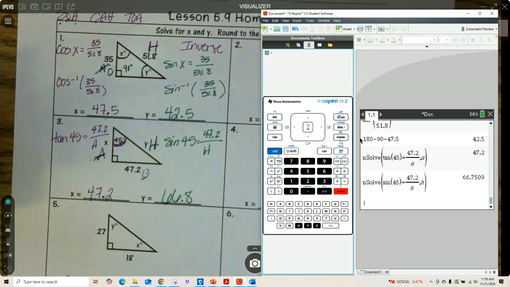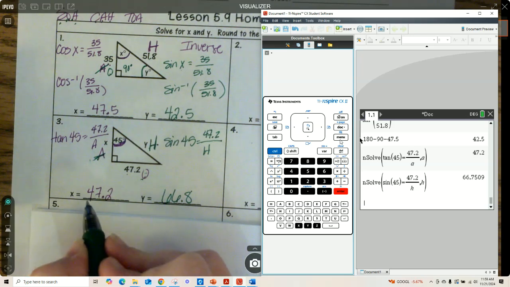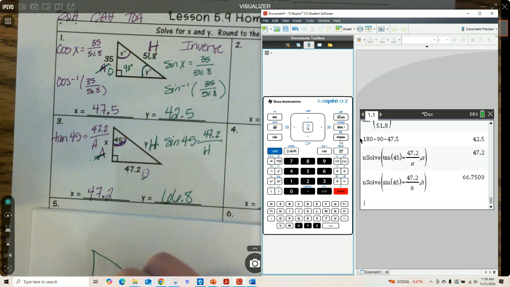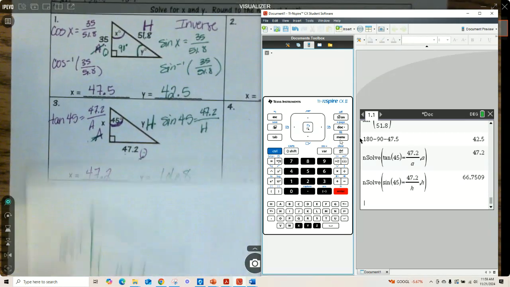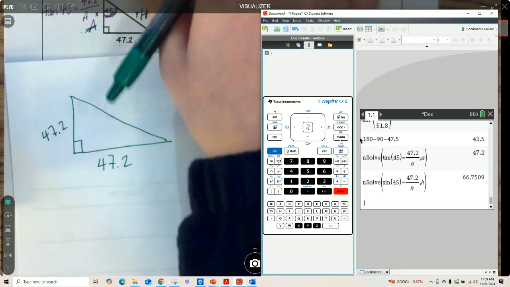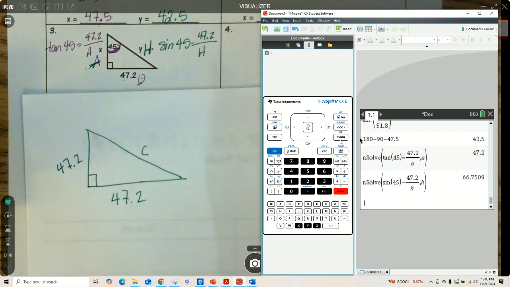Okay? So we've got a right triangle here. And so we know this one is 47.2, and then we solved for that one, and that one was 47.2. Oh, y'all can't see what I'm doing. Sorry. That's the one we just did. See if I can get them up there together. So this is a hypotenuse. We could use